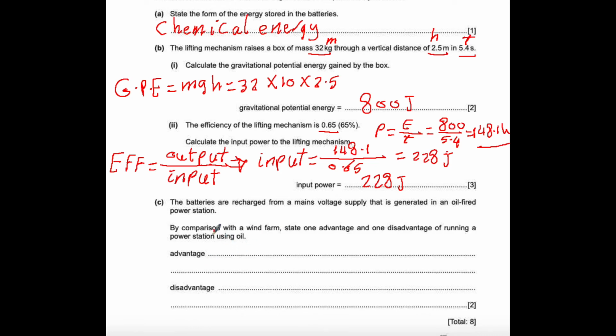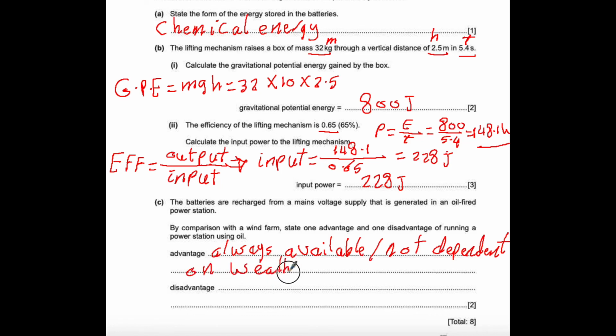So we can write always available, and also we can say not dependent on weather, any answer you want. And the disadvantage, it will produce global warming,